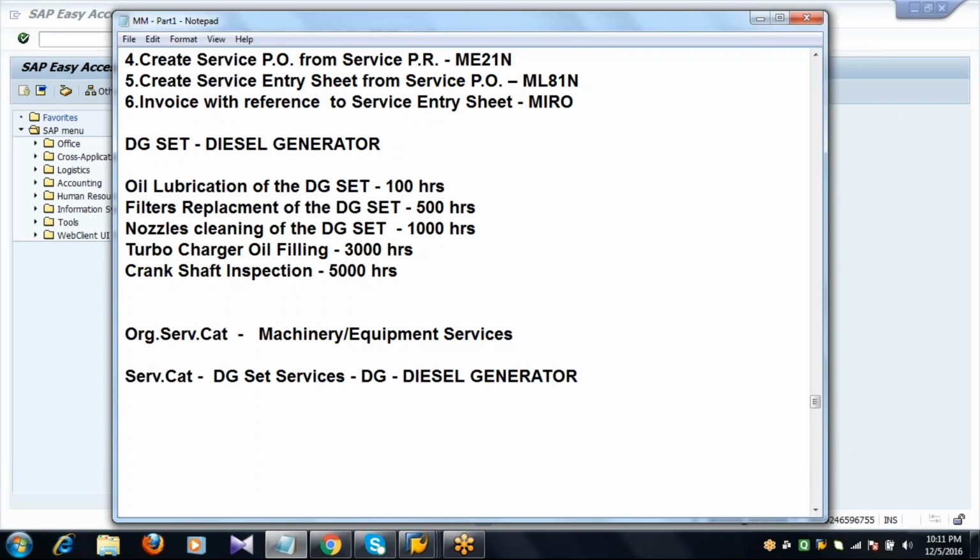Now, as I told you, there will be so many services involved. Therefore, we need to define the number ranges for the created service category. After performing these background settings, we will execute the steps to perform services.